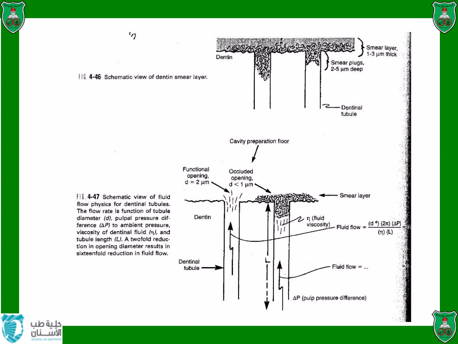Also, the length of the dentinal tubules in deeper dentine is small compared with superficial dentine. So you can measure the depth or the length of the dentinal tubules from the bulb to the bottom of the cavity. So in deep cavities, we have low L, length of dentinal tubules, and we have high D. So the fluid flow will be multiplied many times and the movement will be very large compared with a superficial